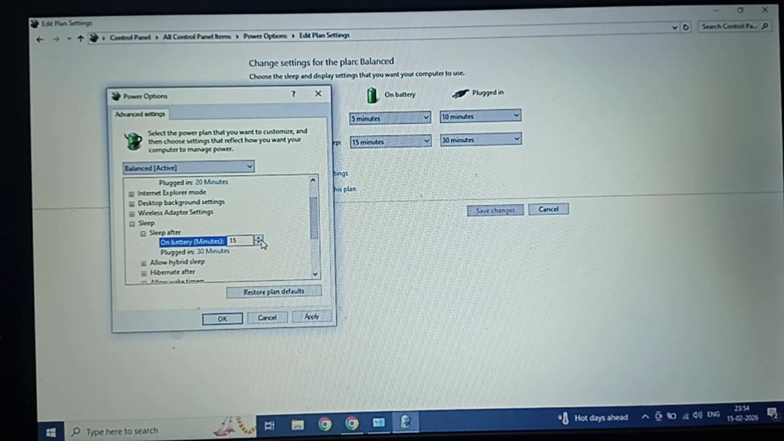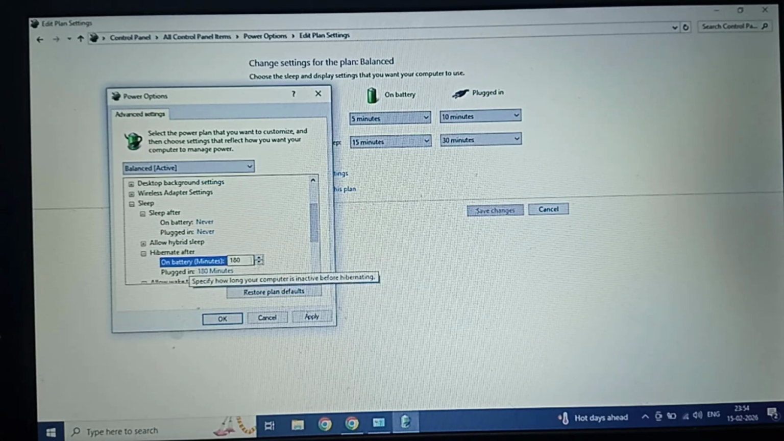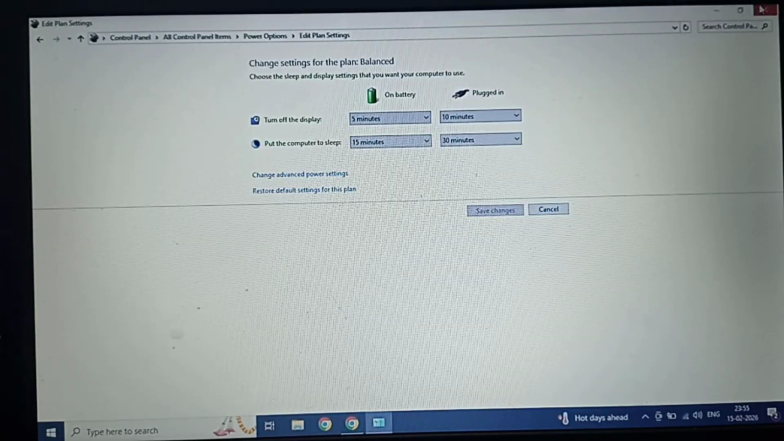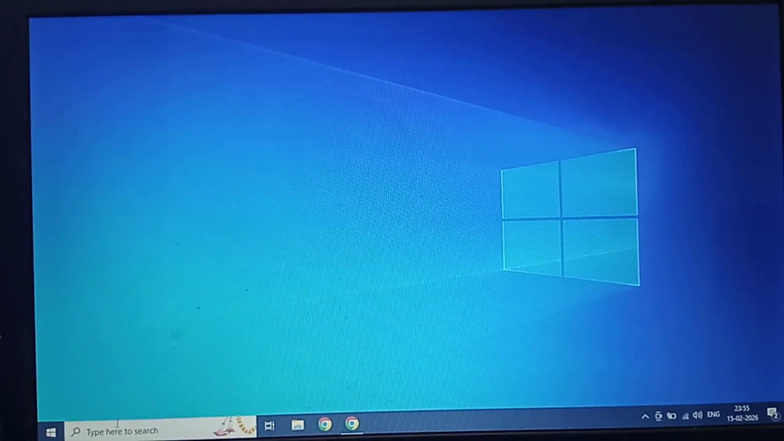After you have to select Never. Plugged in, Never. Hibernate after, select as Never, and plugged in you have to select as Never. Then click on Apply, click OK, then close this window, then open the Control Panel again,